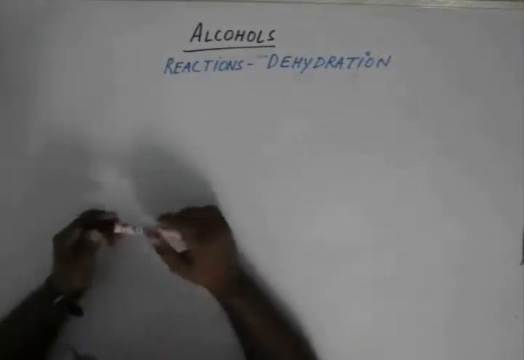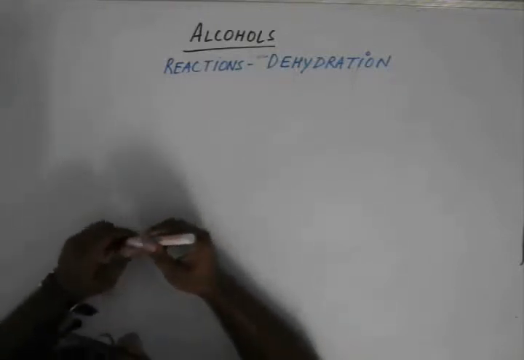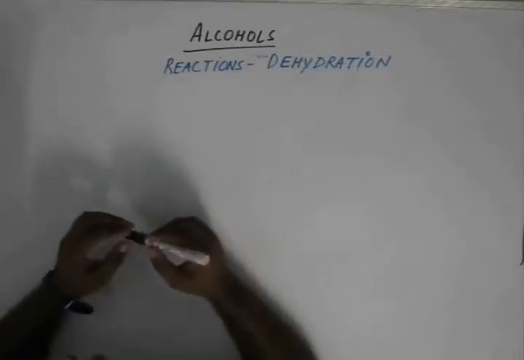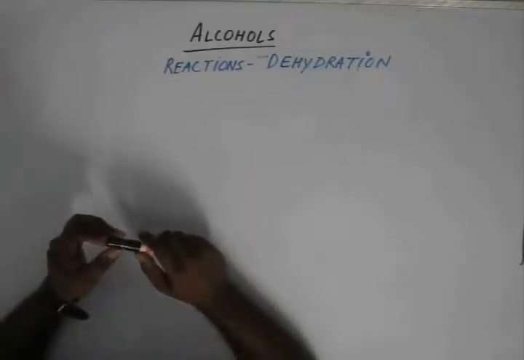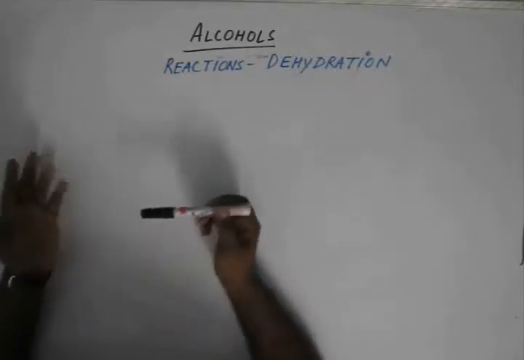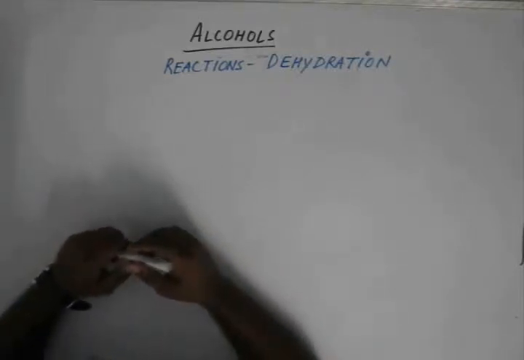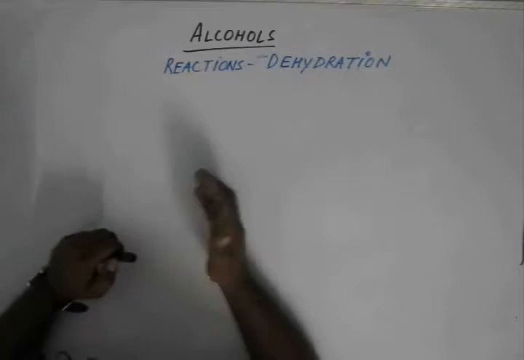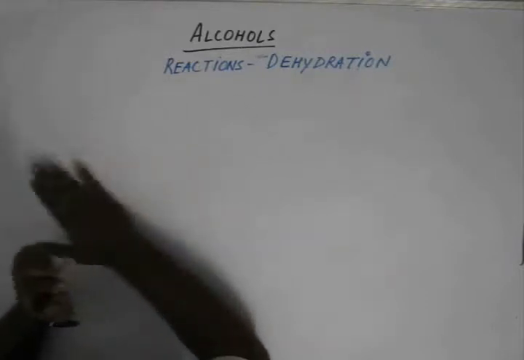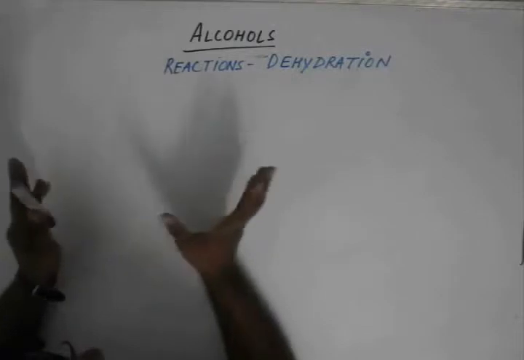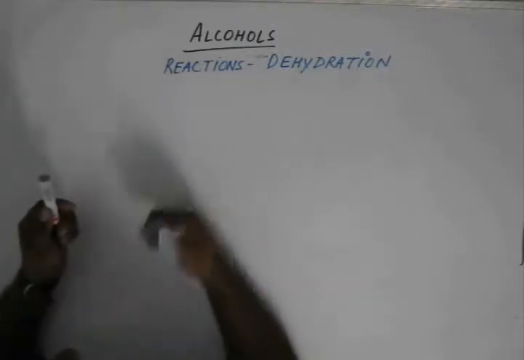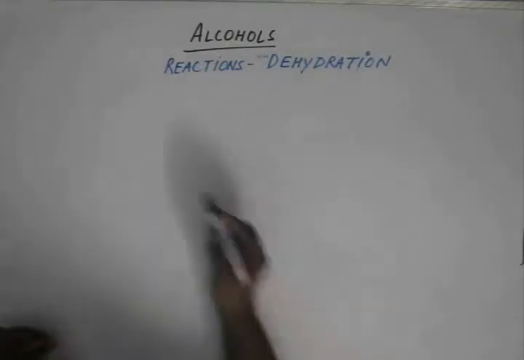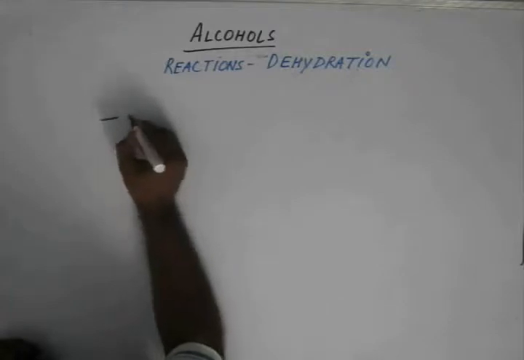We have seen some reactions of alcohol so far. So today we'll deal with dehydration reactions. In dehydration reactions, you have been doing dehydrations since alkenes, I suppose. So I'll not linger upon dehydration mechanisms and things like that. I'll straight away write the general equation for dehydration and proceed with some examples so that you can recapitulate your theory.